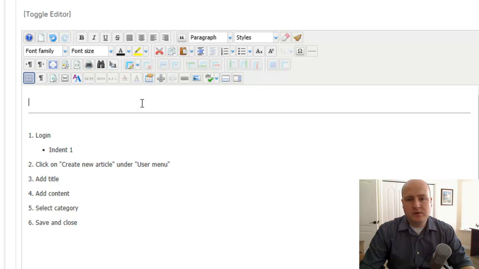And this bottom row, generally don't use anything except for these two options here, the Insert Edit Link button and the Insert Edit Image button. These are very, very important, and I use them constantly, and you probably will too. So if I had a